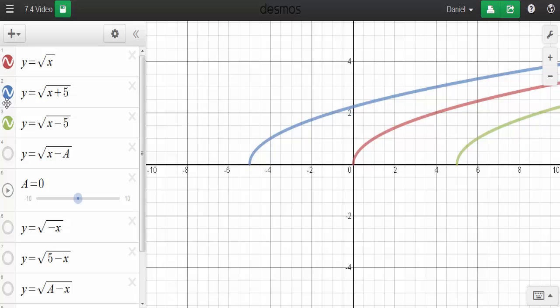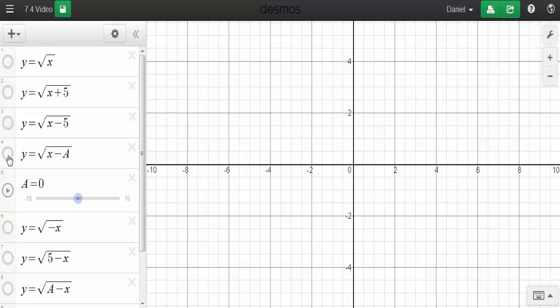So then just in general, let's say I had the function the square root of x minus a, where a is some value that can be changed. So if a starts out at 0, I would just have the square root of x minus 0, which is just the square root of x. Now if I made this a value positive,